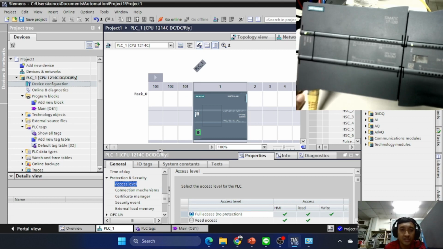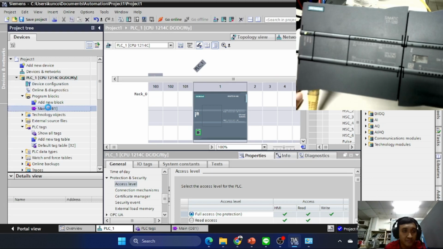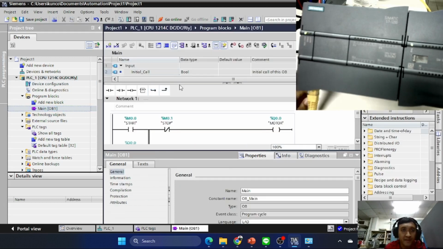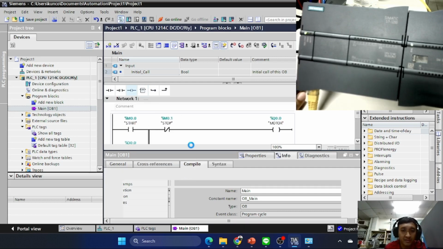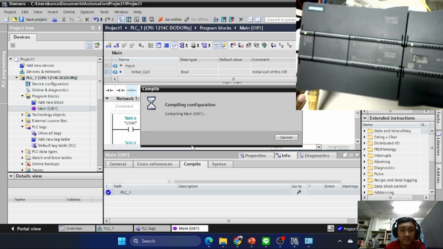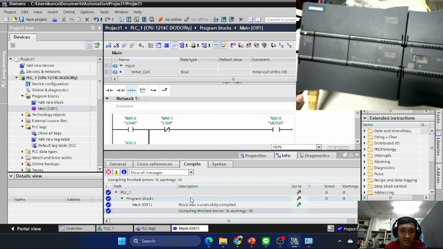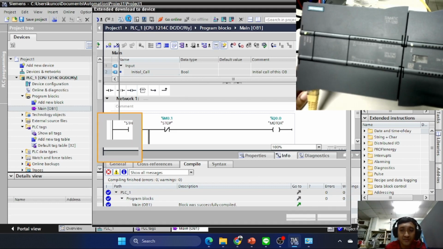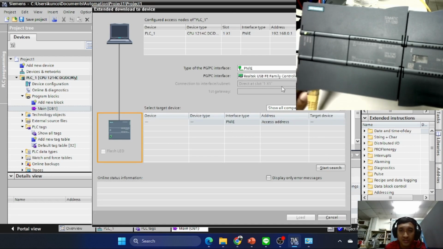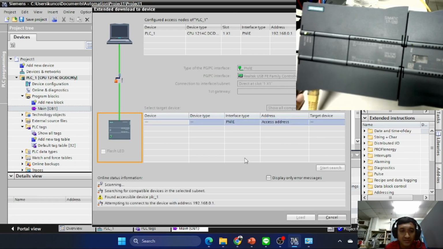After this we can download. Go to the main program, and we need to download, or you can also compile your program first. I will compile. Okay, no errors, the compile is successful. After this we can download to the device, and we need to search for the device.